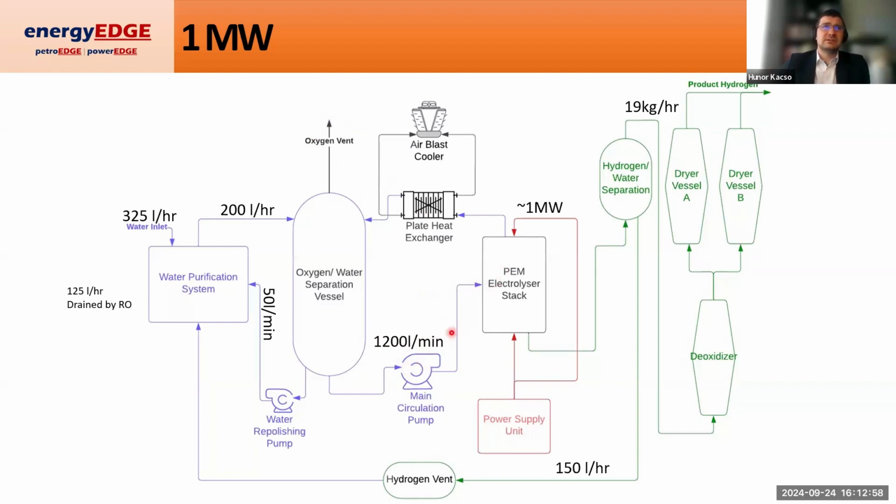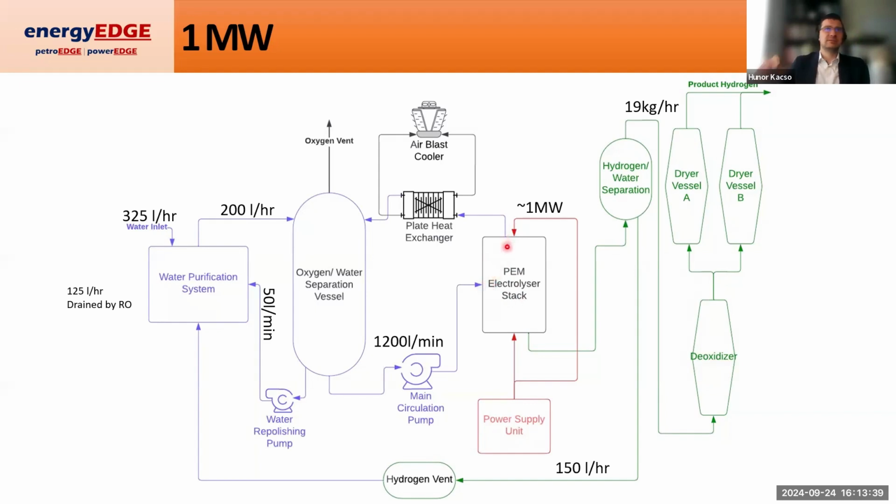What we have to understand here is that most of this 1,200 liters per minute of water flow will come right back into the oxygen water separation vessel, and we will just have this flow of water circulating. Most of the water that goes into the PEM electrolyzer stack will come out. So by mass, when you're running at 100% output on a 1 megawatt electrolyzer, typically around 99% of the water will come out as water, and only about 1% per mass will be